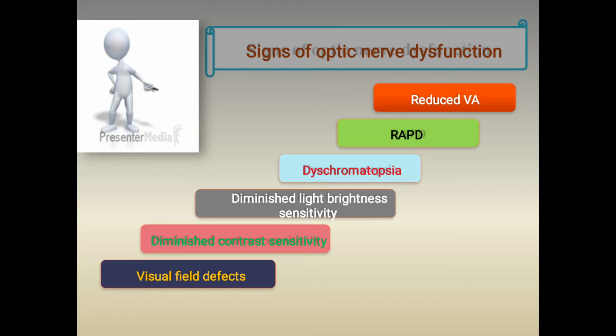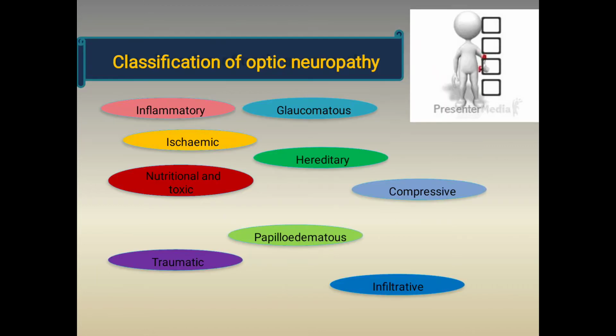So how do we do that? What we do is we flash the light in the right eye, then we transfer the light to the left, and from the left again to the right. When we are doing this swinging of the light from one eye to the other, the pupil of the eye in which we are putting the light should constrict. But if the pupil dilates, that means there is a relative afferent pupillary defect, or RAPD. This is a very easy test to elicit, and it is very sensitive. All of you must be able to elicit the relative afferent pupillary defect.